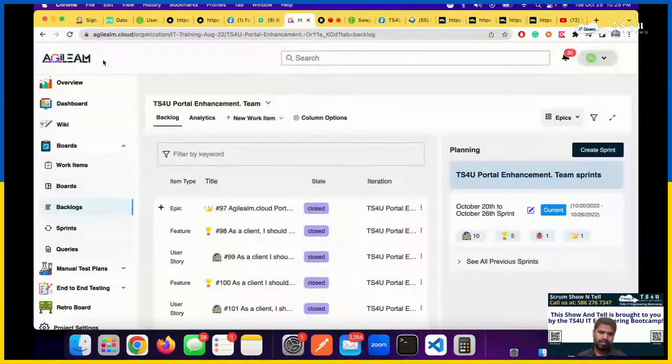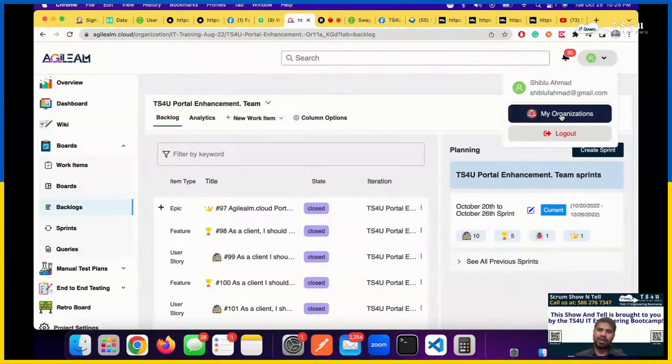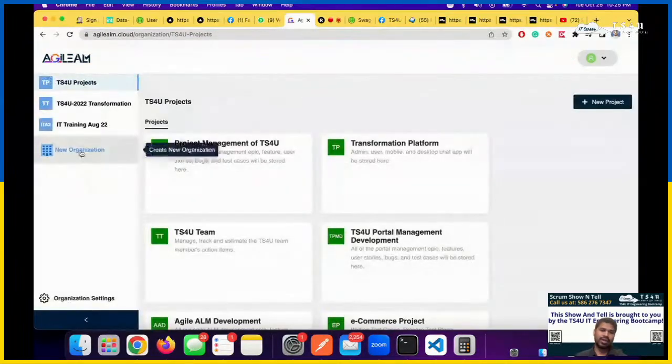I think he can still test it. Maybe he's thinking he has to be part of the project, but this is other than the project, so he doesn't have to. That is correct. Ashraf, you don't need to, because as of now you can create your own organization. Do you know that?